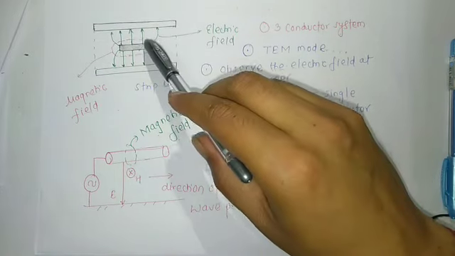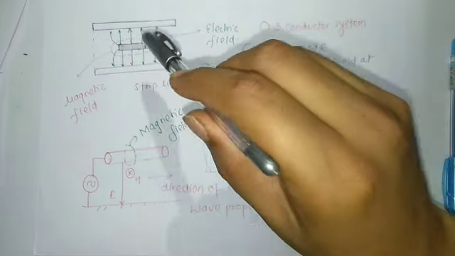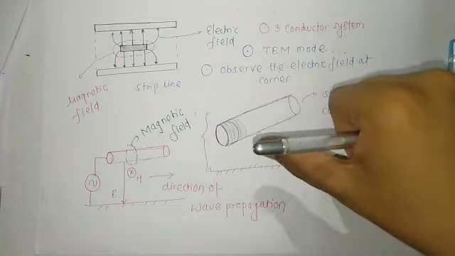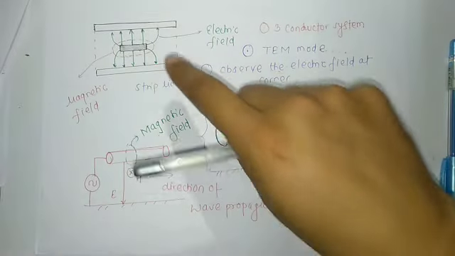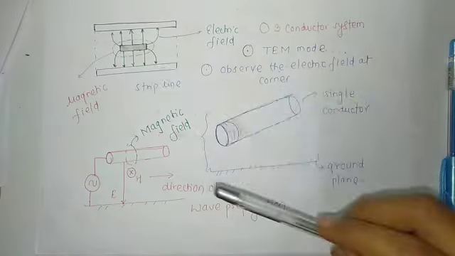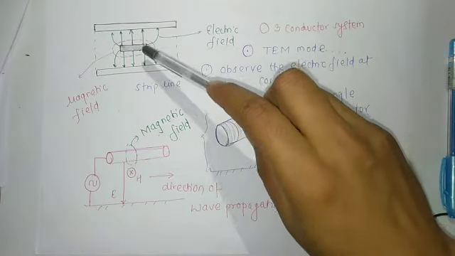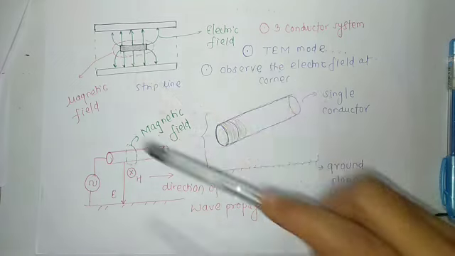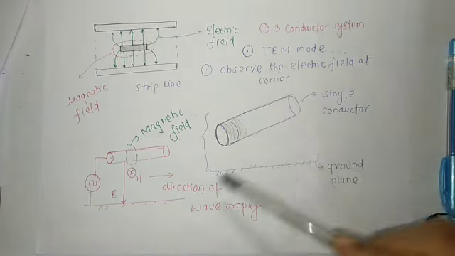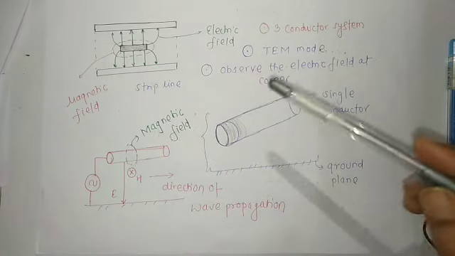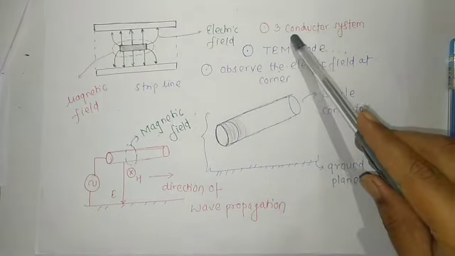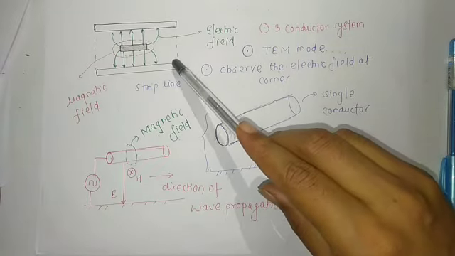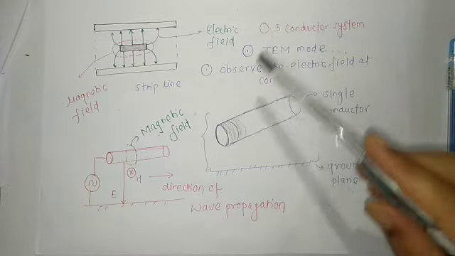And how can we draw the magnetic field? Current is flowing inside the paper. When current is flowing inside the paper, wrap your fingers, and then you can draw the picture of the magnetic field. In this case, again you can say that the electric and magnetic fields are perpendicular to the direction of propagation. So all these transmission lines are supporting TEM mode, and this is a 3-conductor system. And can you say it is a balanced transmission line? Yes, this is the assignment for you.